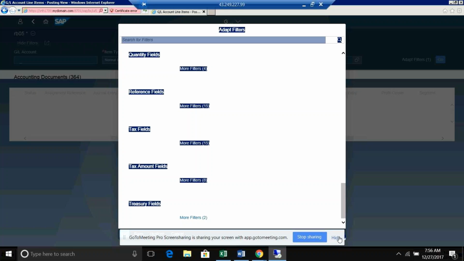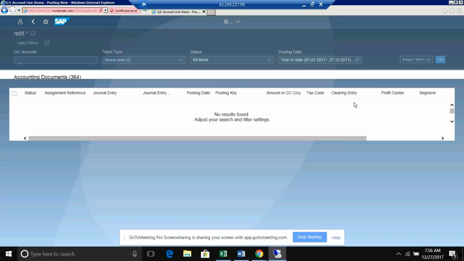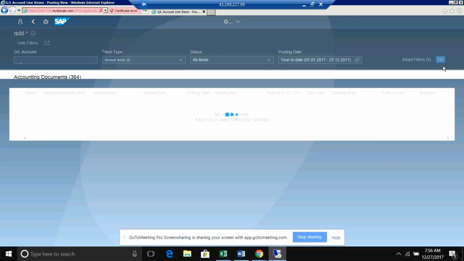So still the top 3 filters are there. Otherwise, let me come out and do it once again. So here also it is filtering.